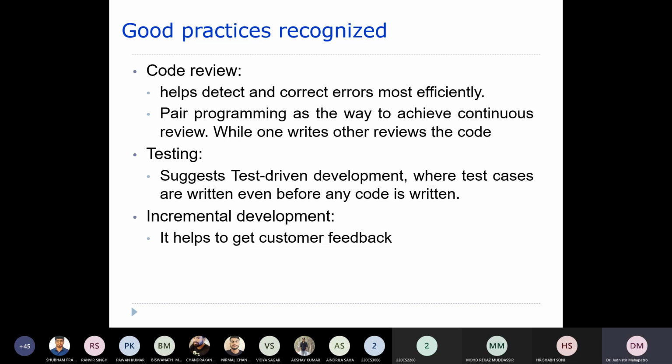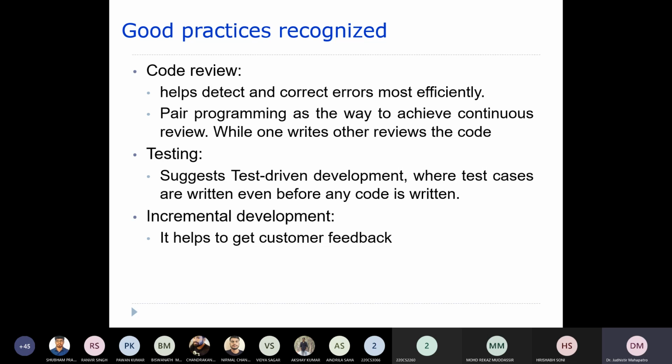When one is writing the code, the other one is reviewing. After an hour, their roles are changed. The one who was writing the code will now be reviewing, and the one who was reviewing will now write the code. This is the way that you review the code. So pair programming is one code review technique.